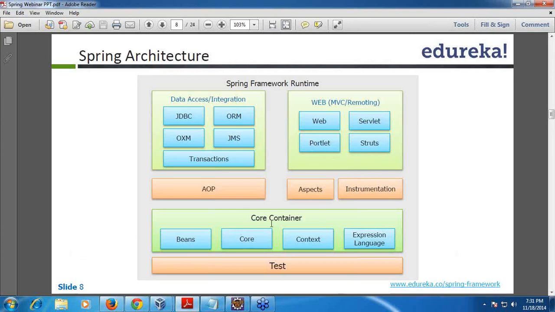At the same time, we have core components, which will take care of beans, core objects, context, expression language. This core provides the fundamental parts of the framework, including IOC and dependency injection. Beans are basically an implementation of the factory pattern. I will explain this as we go ahead. In the next slide, when we see dependency injection, I will explain this. So context again,